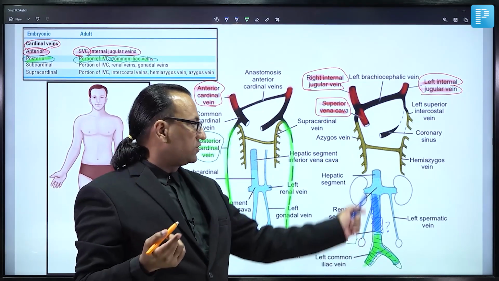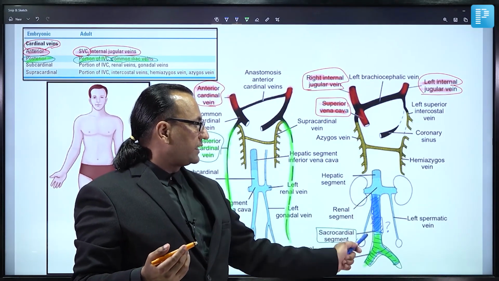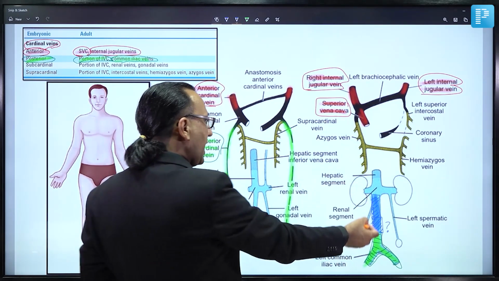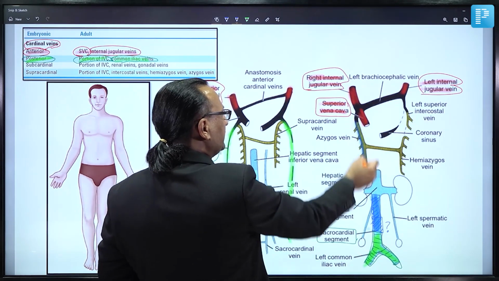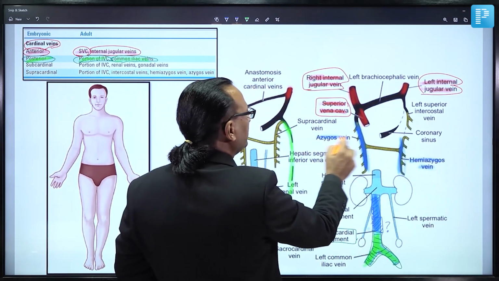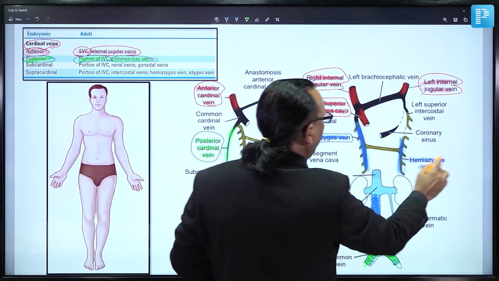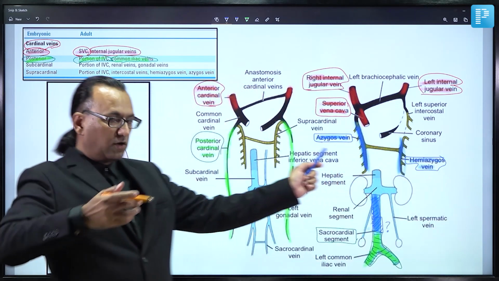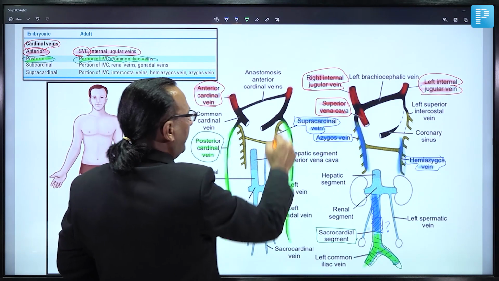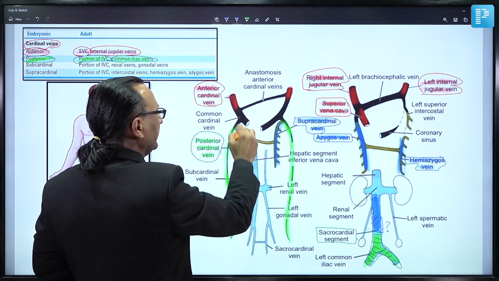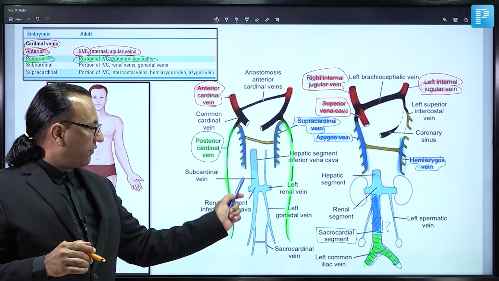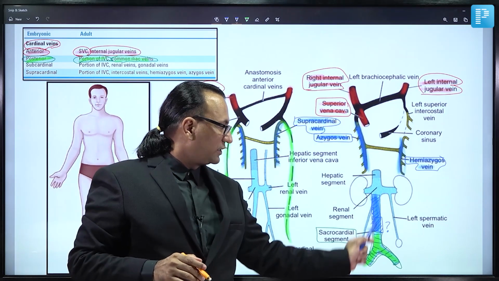The supracardinal veins not only contribute to the infrarenal segment of inferior vena cava, they also drain the thoracic region and contribute to the azygous venous system. So maybe it is hemiazygous vein or azygous vein. They are being contributed by the supracardinal veins. You see here, these are the supracardinal veins. They are supposed to be draining the thorax region, and not only do they drain the thorax region, they have contributed to a part of inferior vena cava, which is the infrarenal segment of